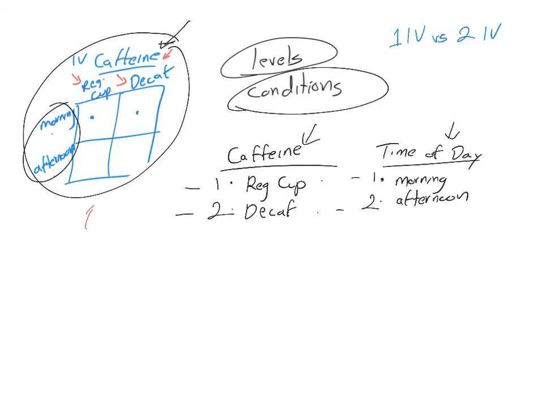Okay, so in this example here, we have this design. When I'm talking about conditions, again, I'm talking about all the experiences. So in this case, we have a regular cup of coffee in the morning. So I could have some participants experience that and then measure their attention, or decaf cup of coffee in the morning, or regular cup of coffee in the afternoon, or decaf in the afternoon. There are four conditions. You could also think about it as four combinations resulting from the levels of your IVs,